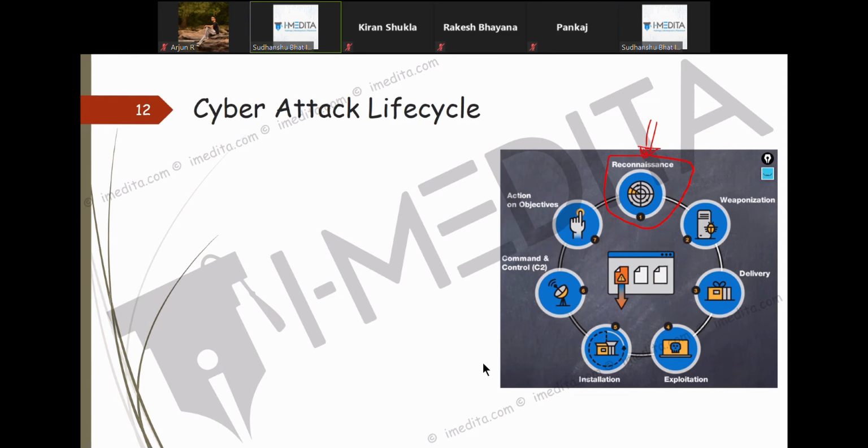For example, if I'm trying to attack a company and want to know who maintains the security, I'll go to LinkedIn, Facebook, and other social media accounts to find out that so-and-so person works as a security engineer for this organization.